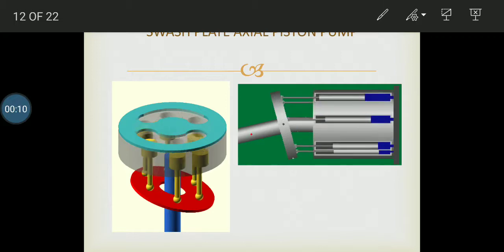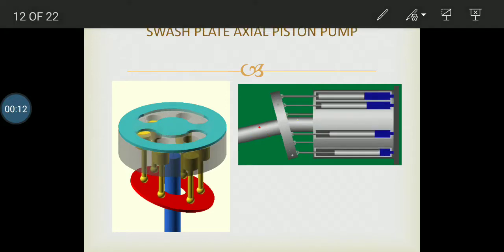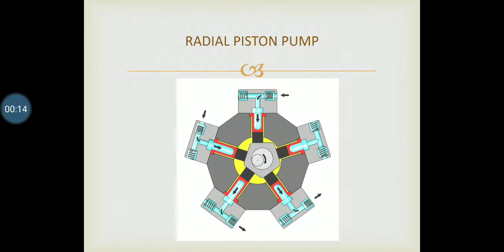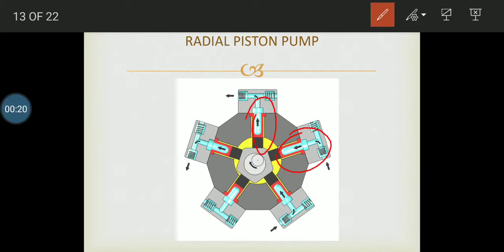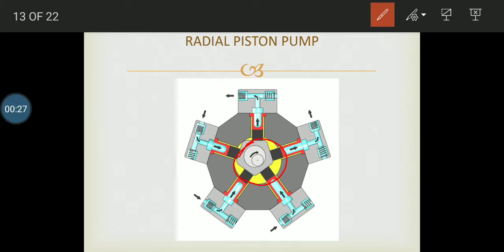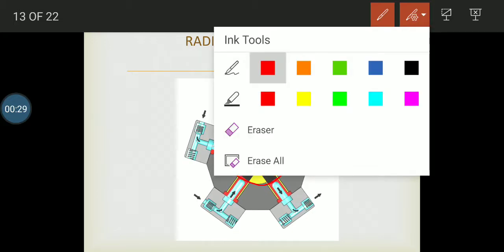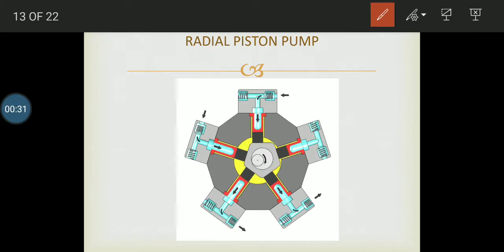Okay, so we're done with the swash plate pump. Let's move further to our next pump, which is the radial piston pump. A radial piston pump has a total of 5 pistons working together, and these are all connected to a pentagon. Okay, this is the pentagon, and the connecting rod of the piston rests on the surface